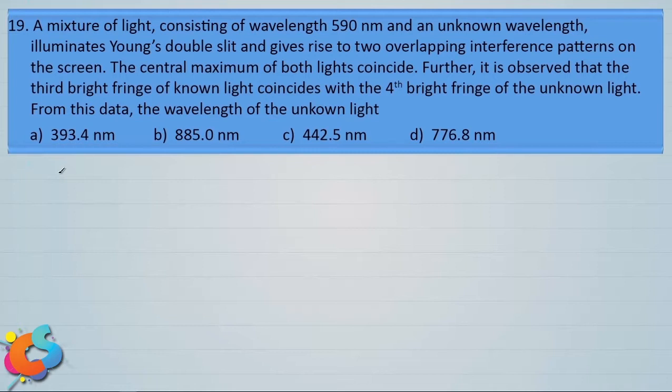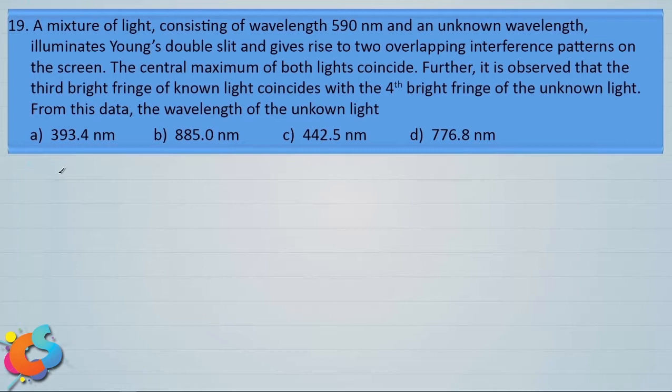Further, it is observed that the third bright fringe of known light coincides with the fourth bright fringe of the unknown light. From this data, the wavelength of unknown light is: options A 393.4 nanometer, B 885.0 nanometer, C 442.5 nanometer, and D